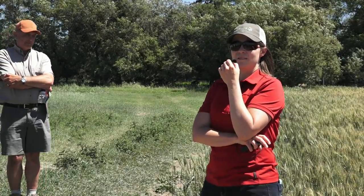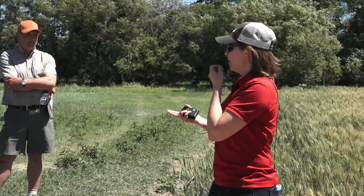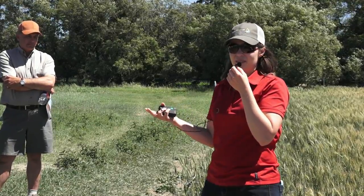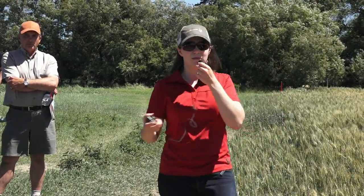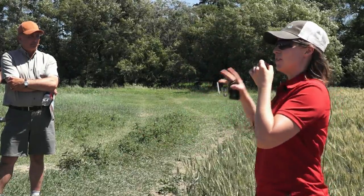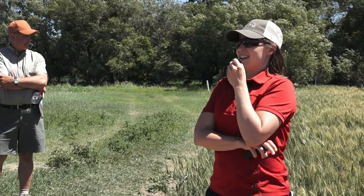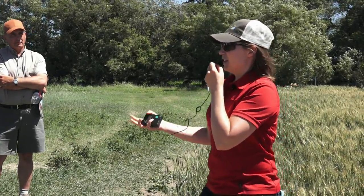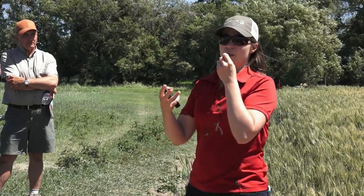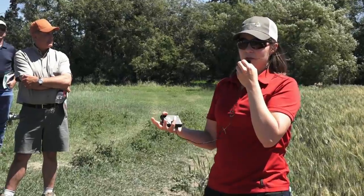for example. So we want to try to see if we can put a dollar amount on how much this biocontrol agent is saving yield. Same thing with generalist predators. So we're hoping that we can determine that. This is the first year of a 3-year project doing this, and it's a bit of a guessing game for us right now, because we are trying to figure out how many Syria leaf beetles should we add, how many lady beetles, how many spiders should we add. So we're trying to work out the kinks this year,